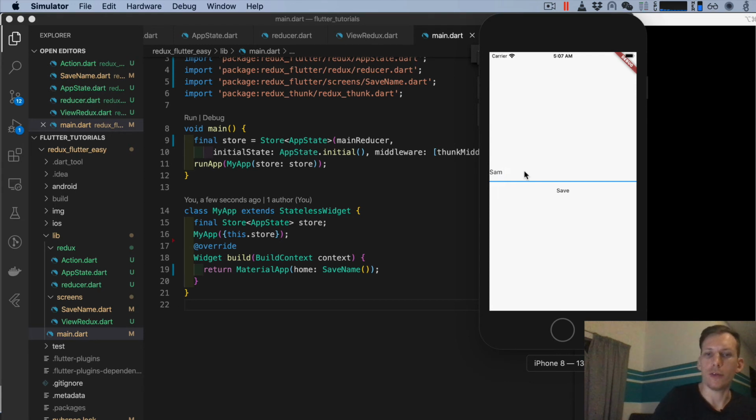Here's where we're at so far. Basically, we can just put a name in and save it, but we can't see that it does something. It just saves that name to the device, and right now, we need to be able to access that on the next screen. So share data between screens. So to do that,